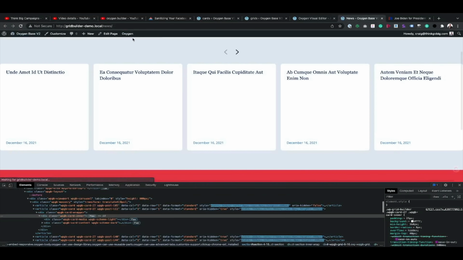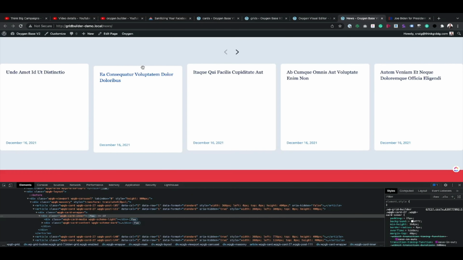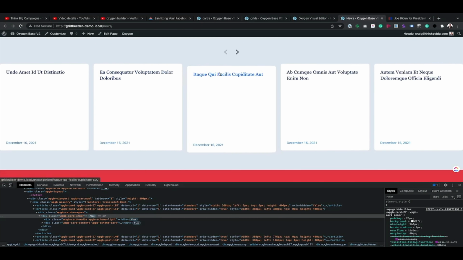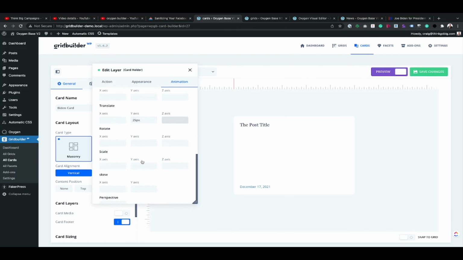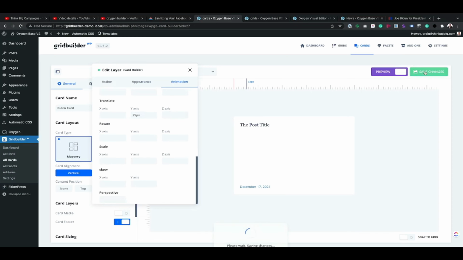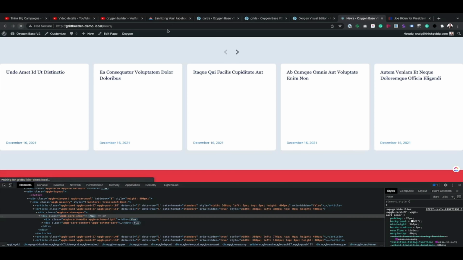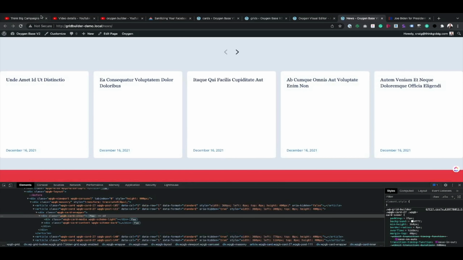So if we refresh that, see how that -10 drops it down on hover, right? So we don't want that either, but you're seeing how this goes. So we think it's about 25 pixels. So we're going to change the y-axis by about 25 pixels, and I think we're going to be in good shape with that. So if we refresh this, we'll see here, it loads, and then when we hover on them,